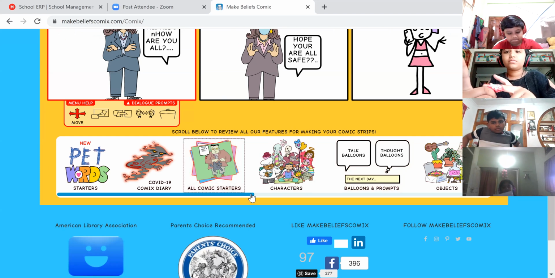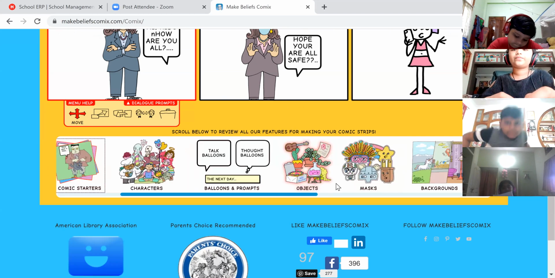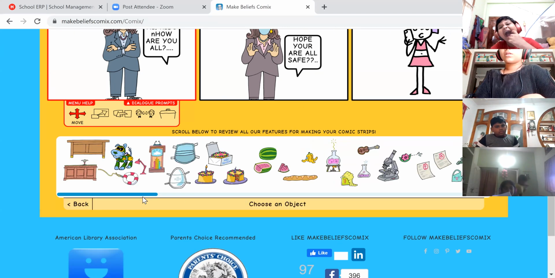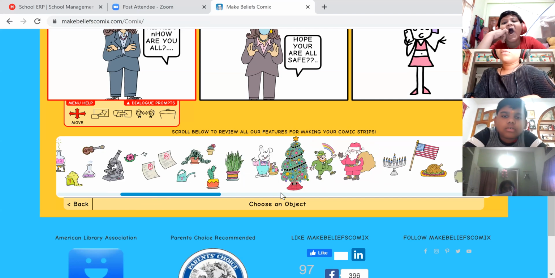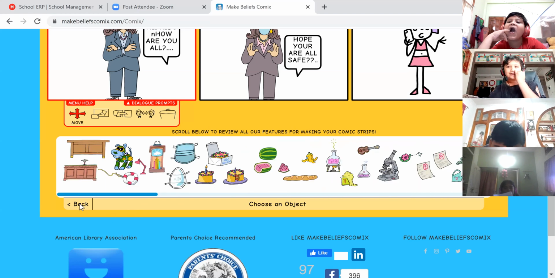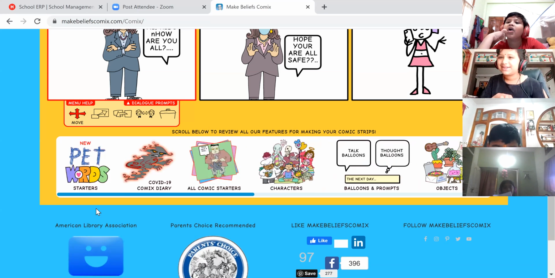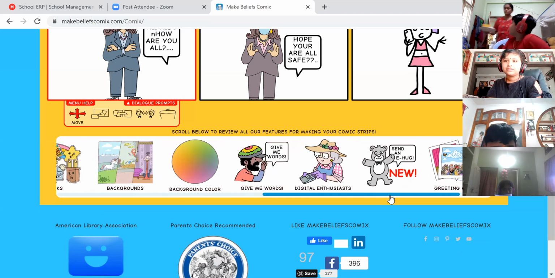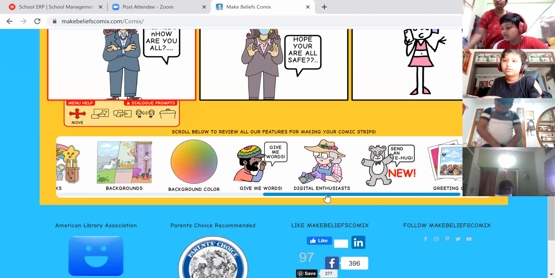Objects like some things, this also you can use in your comics. Whatever you wish you can do. I didn't say to do like me only. Everything is available here. Mask, see the background color you can choose. Give me words. Okay, everything is there.